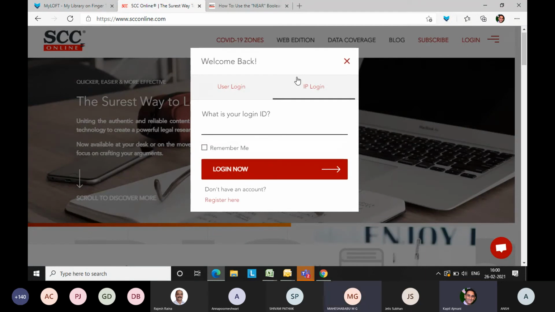So you need to talk to your librarians that this option is not coming at my place. Only on my laptop, only on that IP. Yeah. And if you are in your campus, then on all the computers, because we have already initiated the IP login, this option must be coming.